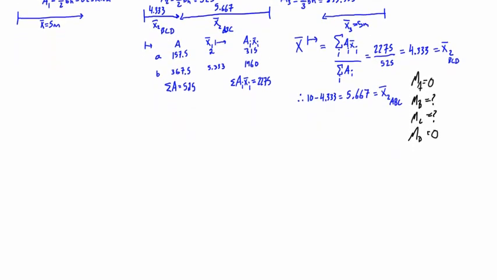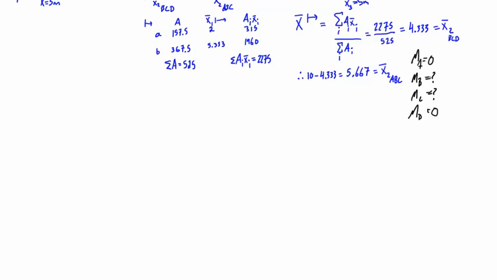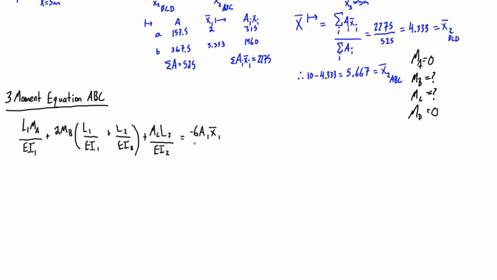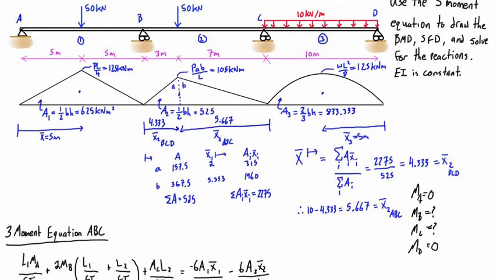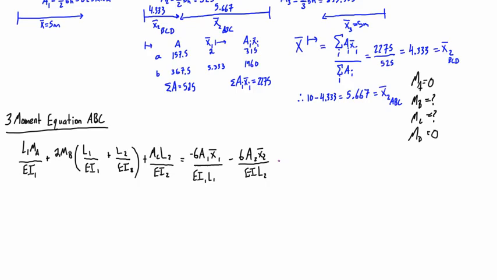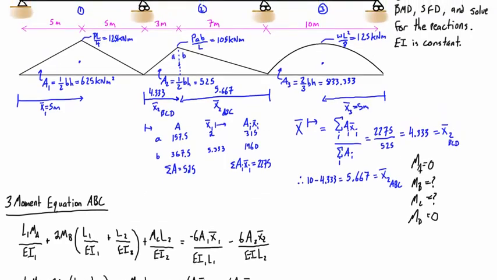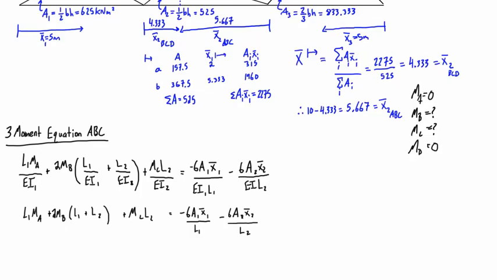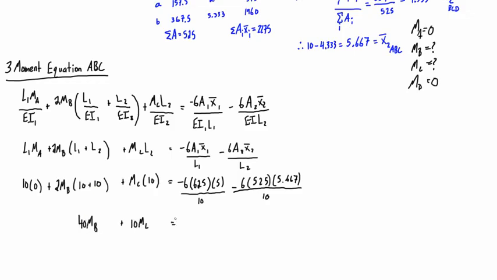So basically, this is why we do the 3-moment equation twice, because we have 2 unknowns and we need 2 equations. So this is the 3-moment equation for span ABC, and because the problem up here specified that EI is constant, you'll notice that EI is in every single denominator, so that cancels out and we're left with a slightly simplified version. So we can fill in some of these values now. We know that each of the spans was 10 meters in total, and we did calculate these values for A1 and A2, and then x bar 1 and then x bar 2 for ABC. So this is the one that we're going to be using in this expression. If we plug and chug a little bit, we'll get the expression 4MB plus MC is equal to